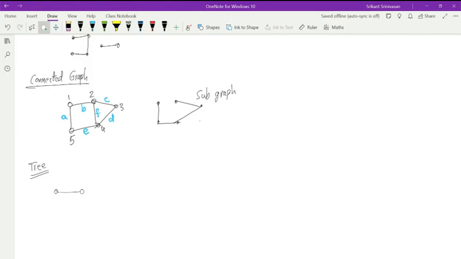So here is a hint. See, this is the connected graph. I'm trying to form a tree. I showed a subgraph. Interestingly, the subgraph that I happen to draw is a tree because I'm connecting 1, 2, 3, 4, 5. All the nodes are connected with the minimum number of branches. Right? So I have a tree over here. Is that clear?